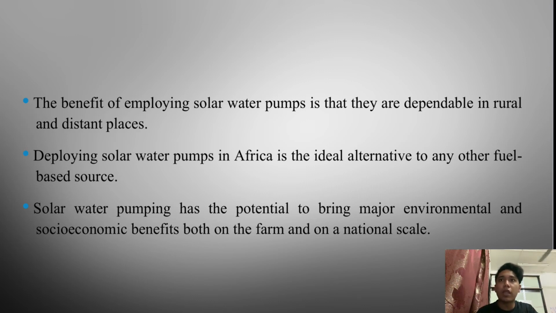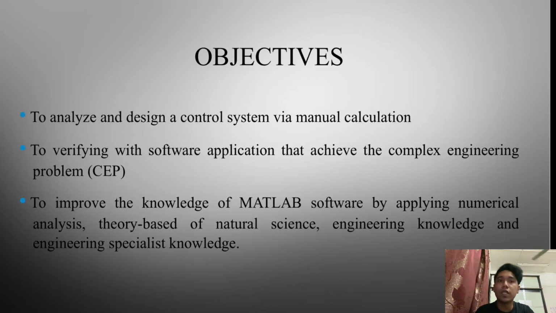Solar water pumping can aid in the stabilization, expansion, and diversification of agriculture production, which is also the cornerstone of the economy of the majority of African countries. While a solar water pump system has a greater initial investment cost, it has minimal maintenance and operational costs. The objective: to analyze and design a control system via manual calculation, to verify with software application that